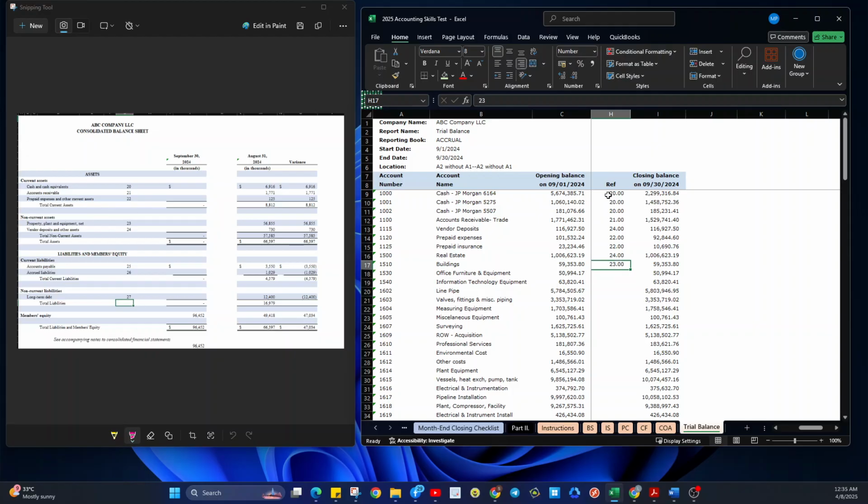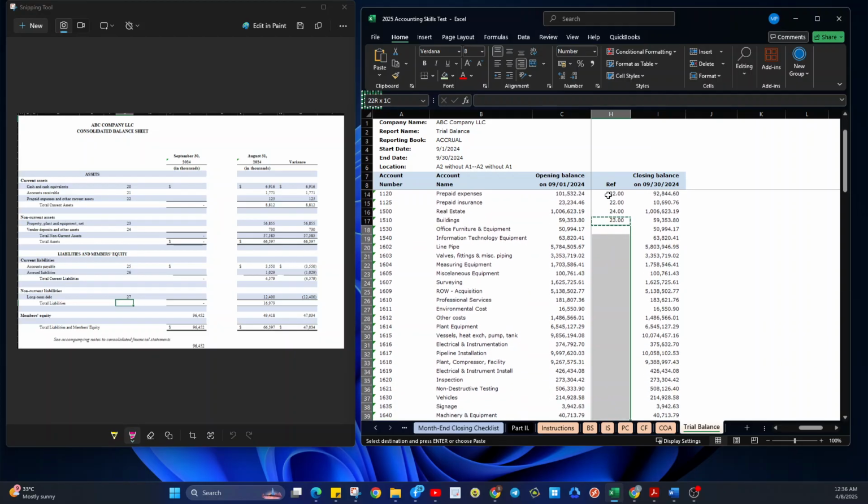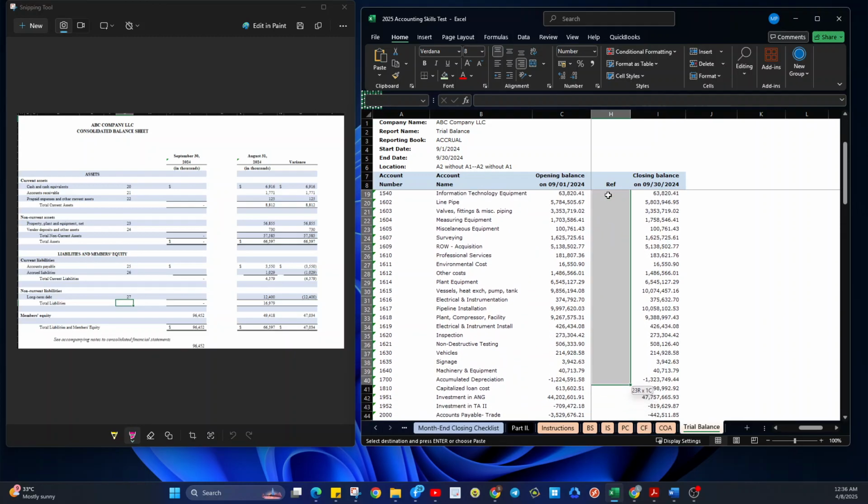So we put it here, all related PPE, until we reach accumulated depreciation. So you can notice here, capitalized loan cost, this will form part as another asset. Let's put it under 24.